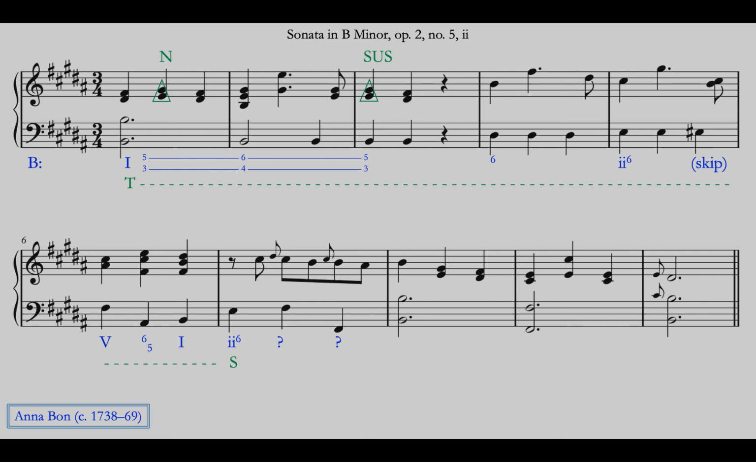We get to what looks like predominant going to tonic, but somehow we end up back on tonic, and we arrive at the real predominant in measure 7, heading toward a cadence. So let's analyze that cadence. This might be hard to see on the screen, but we can try and hear it when we listen to